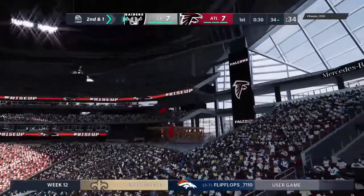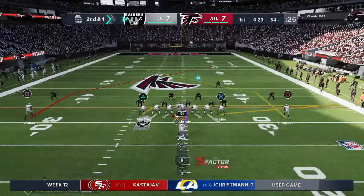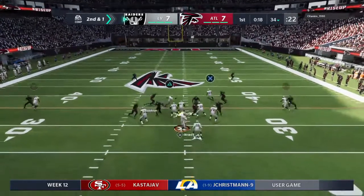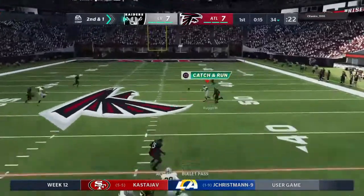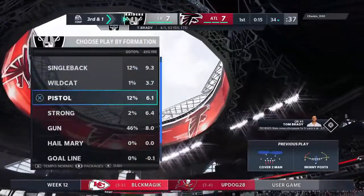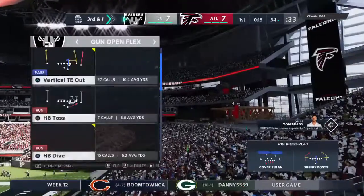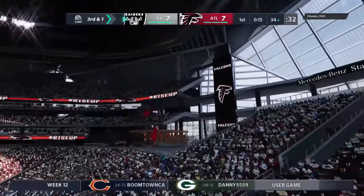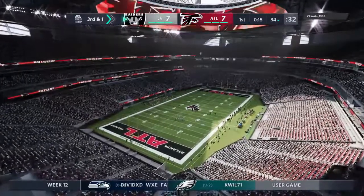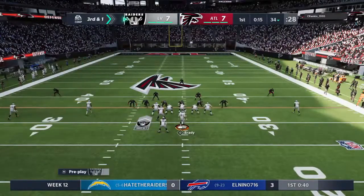Decided to hand it off that time on the run-pass option. Appeared to be an easy decision. Just gave it inside. Nice, steady gain. Maybe a good spot to take a shot. Here's 2nd and a yard from the 34. Now Brady. And this one incomplete. Too much contact to hold on to that one, and it's 3rd down. Coverage defensively by Logan Ryan. They tried to throw on 2nd down, unsuccessful. Now it's 3rd and